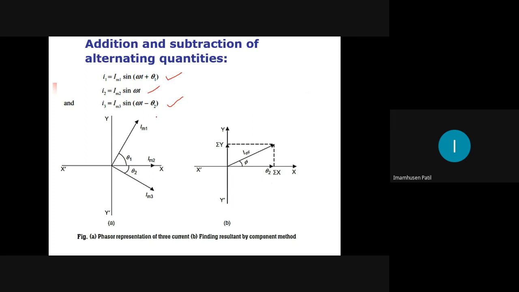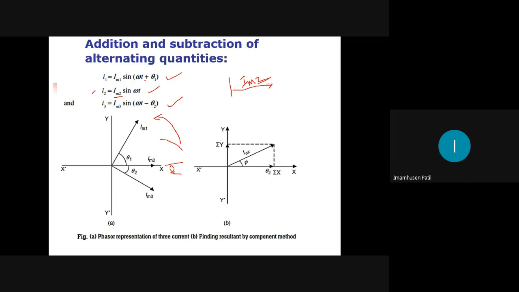Okay. Now I told you the direction of rotation of the vector is in this direction. Now this is the standard form for Im2, so I will represent this Im2. See how to represent a vector? You have to draw the vector such that its size is equal to the maximum value. What is the maximum value of the second vector? Im2. Here Im2, I have drawn this one. Because it is the standard form, I have to draw it horizontally with zero phase difference. This is the x-axis, the reference axis. This is the reference. Now your vector is rotating like this.